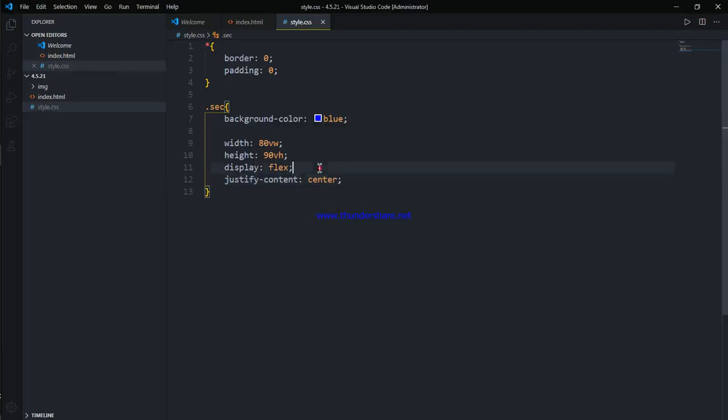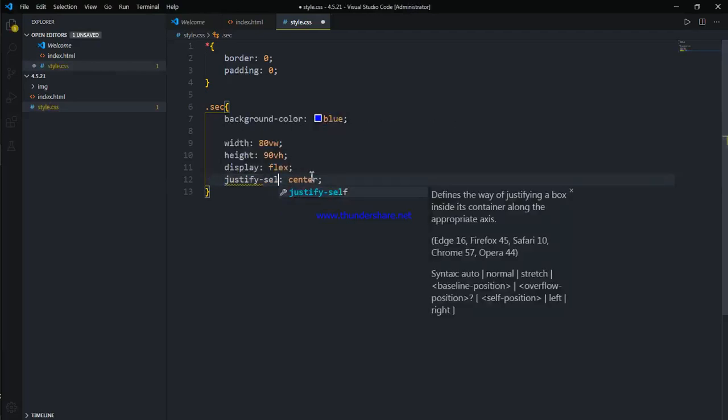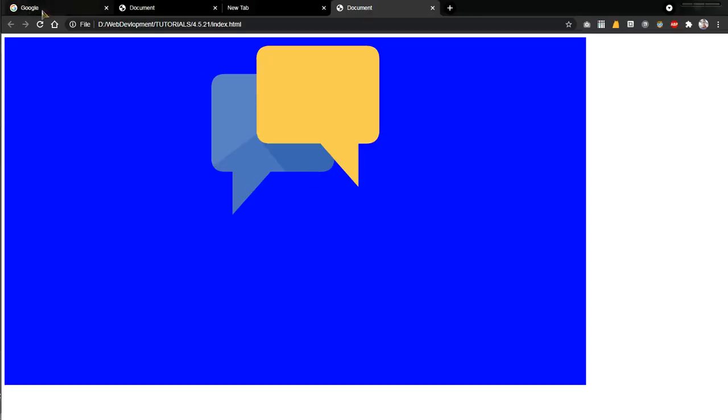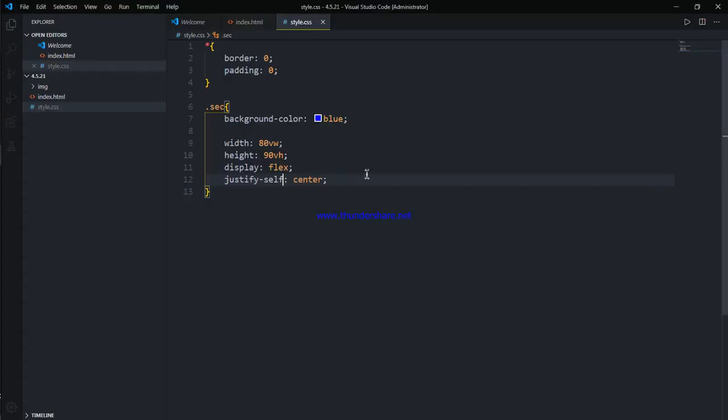Does that do something? Justify self center. Will that work? Nah.